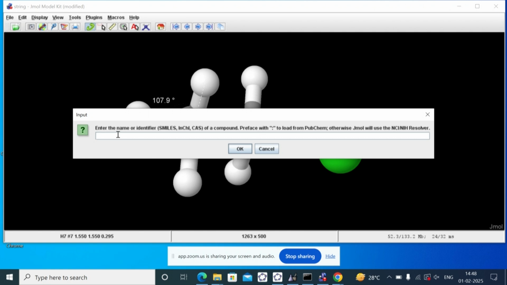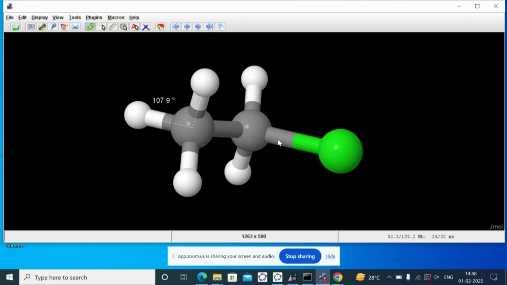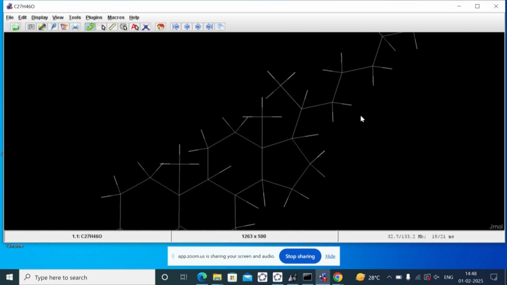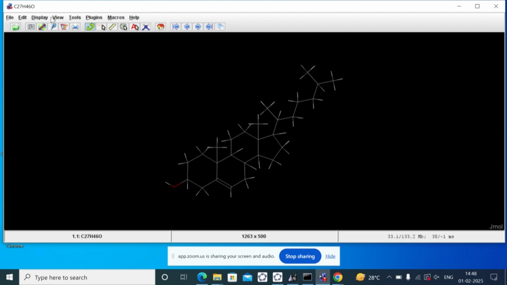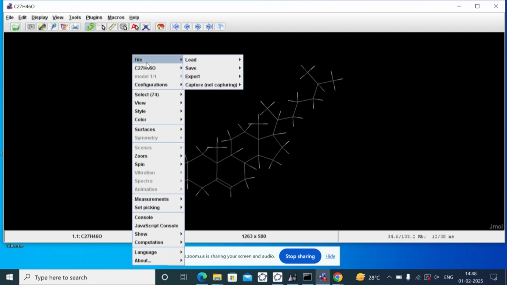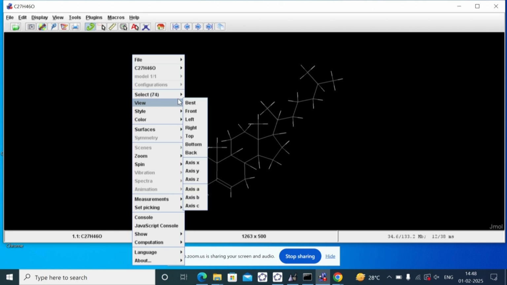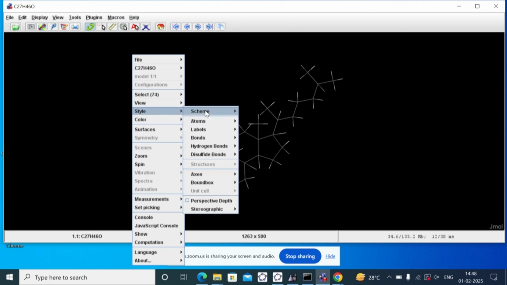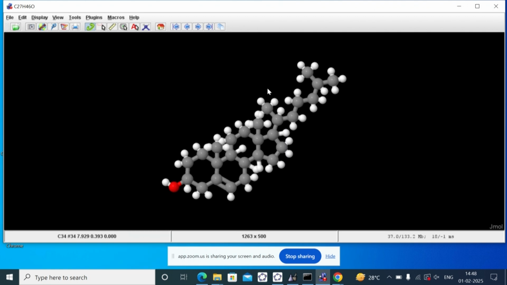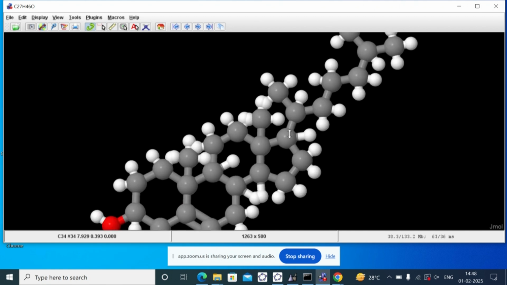So for example, cholesterol. So the most famous molecule. Okay, so this is the one. And you can change the view or style. So you can do ball and stick. So, or zoom.